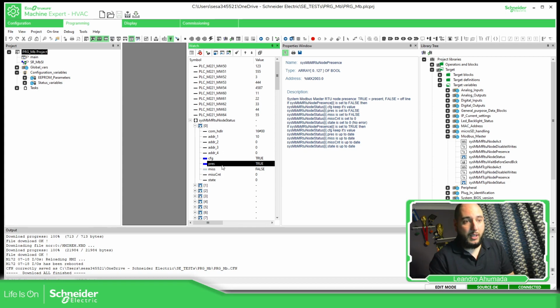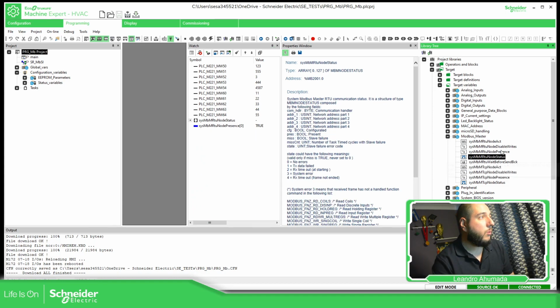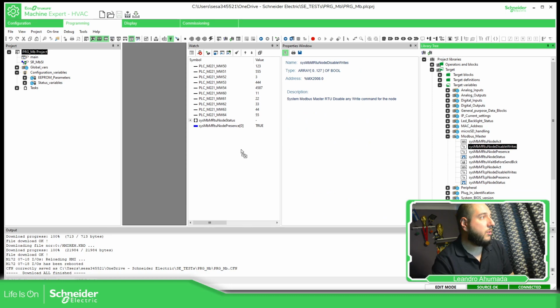If I remove it once again, you're going to see that the presence is going to be false and the miss is going to be true, which is different. This is a way to disable it in software with the presence. Now, if we go, for example, to disable writing,